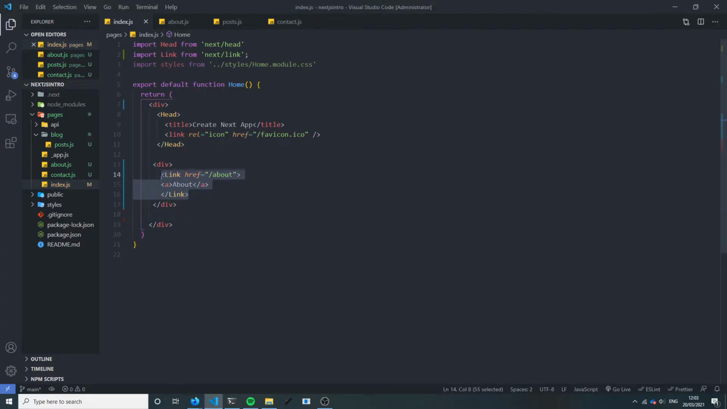We could copy this and put a link to our contact page, and that's going to go to /contact, like so. Contact page, about page. And